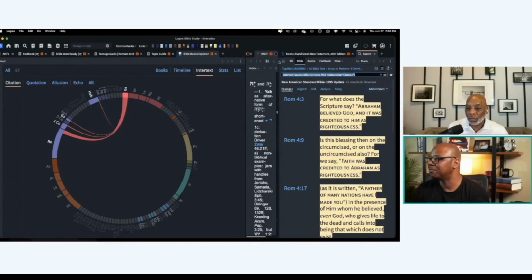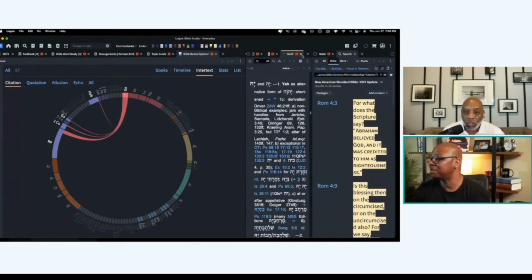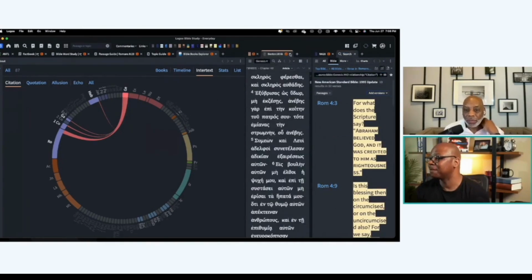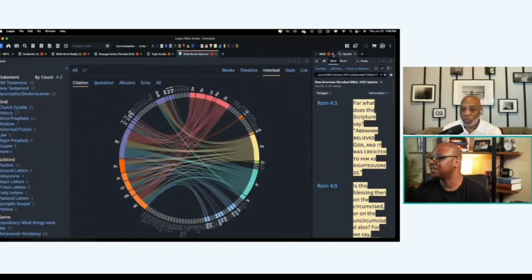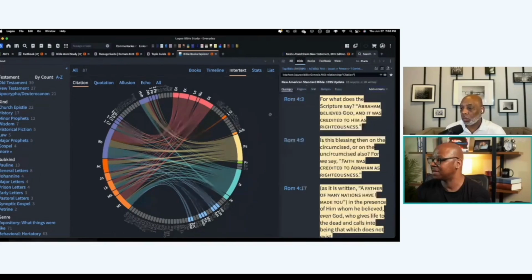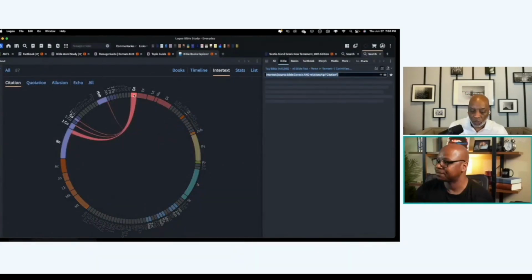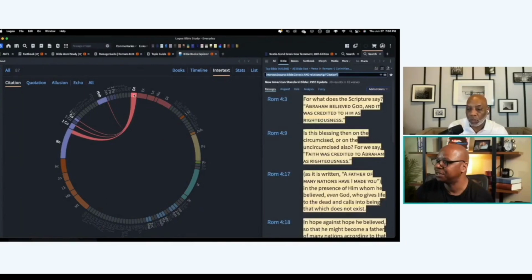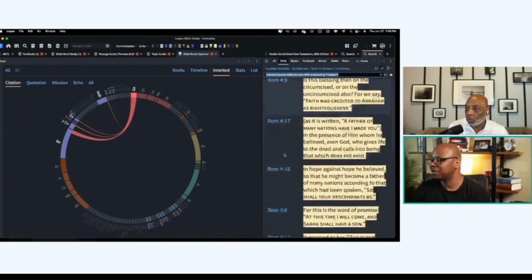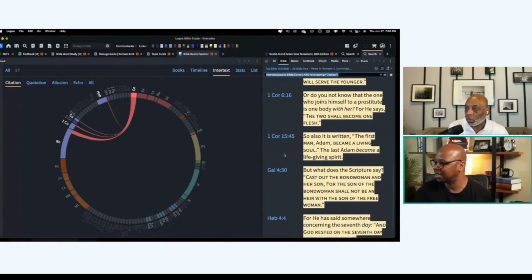Let me move this over. Maybe there is a better way for me to do this, but I don't know. So you got it. Okay. So what it does is it shows me different places where this is cited or shown. So if I'm looking at Genesis, I want to see where this is also attested to. Genesis, one particular passage I'm looking for somewhere in Galatians. So in Galatians,